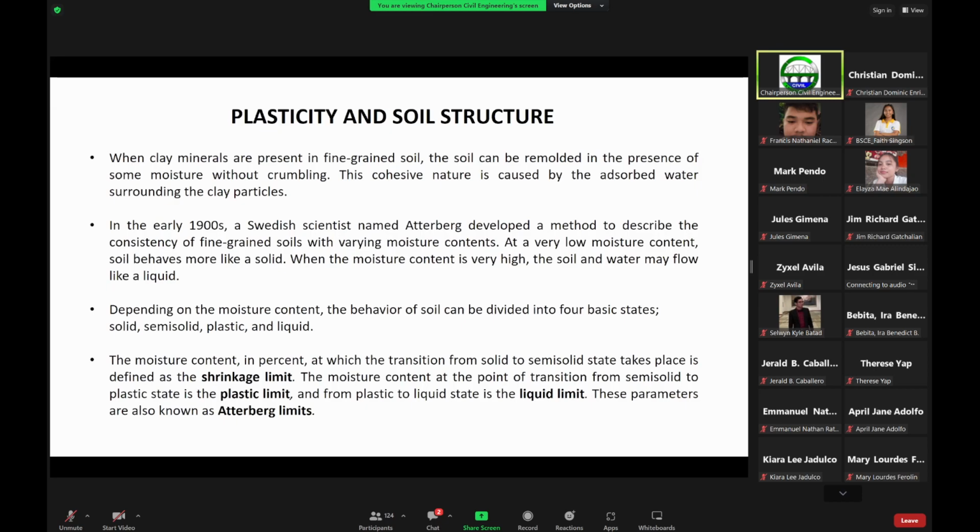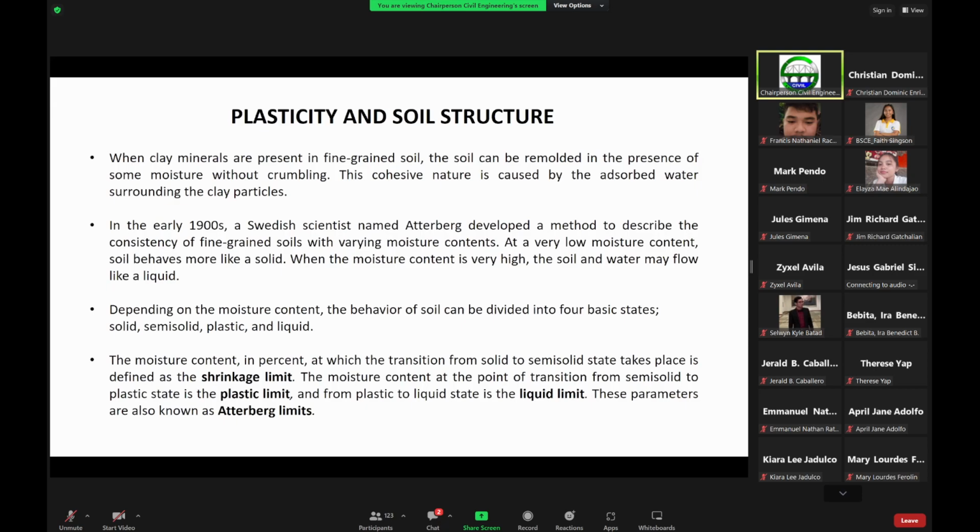We also would require the unit weights of the soil. And then the next item on the list will be this topic that we will be discussing, which we basically call the Atterberg limits. So these are what we call the normal routine tests that we specify, or at least I specify, when I